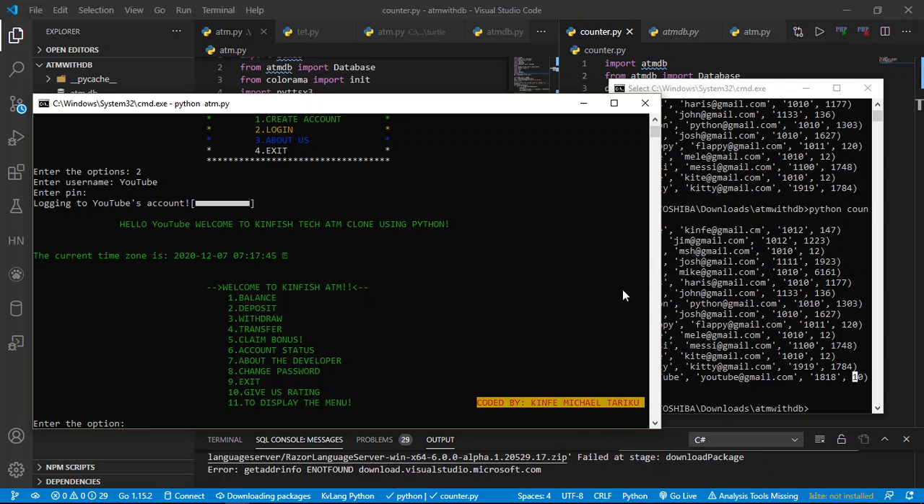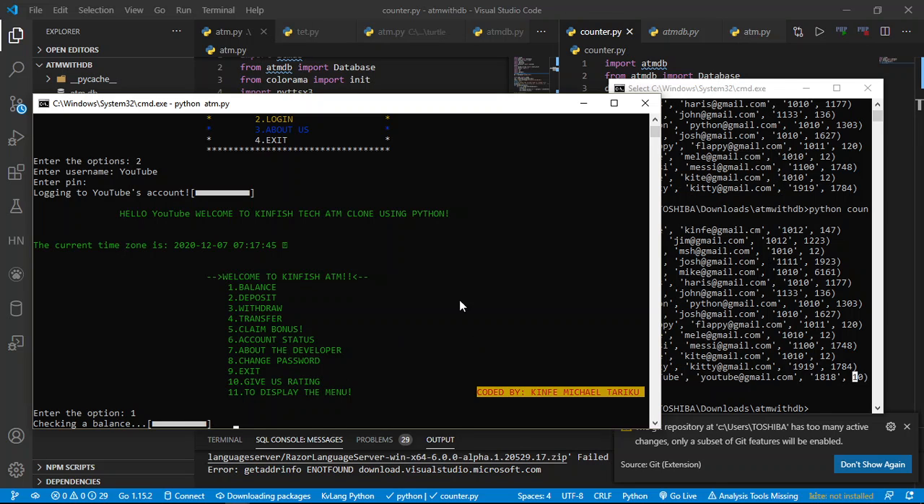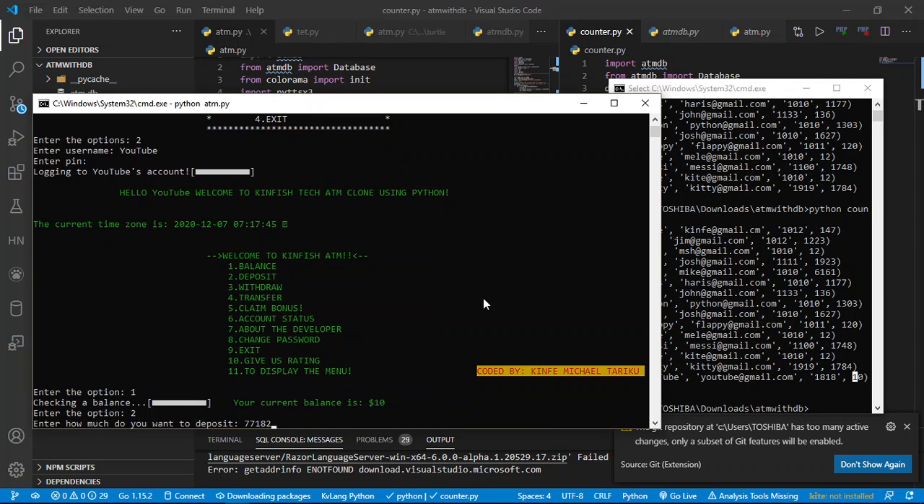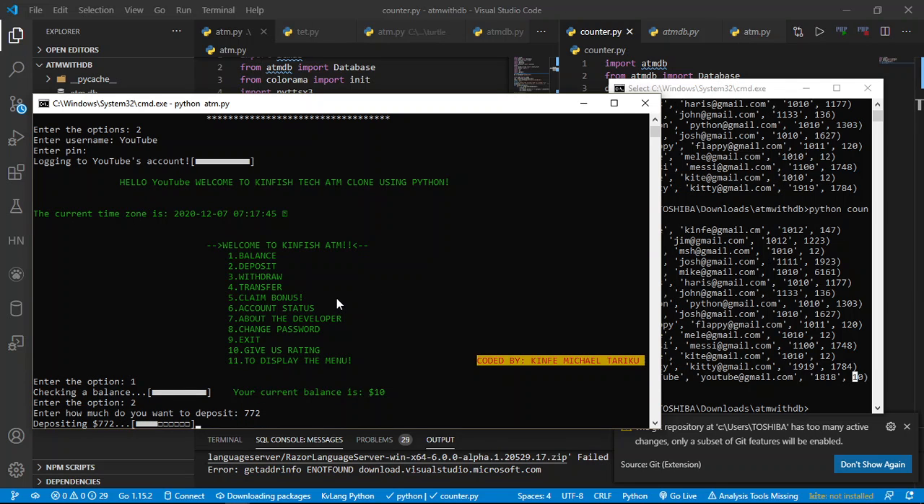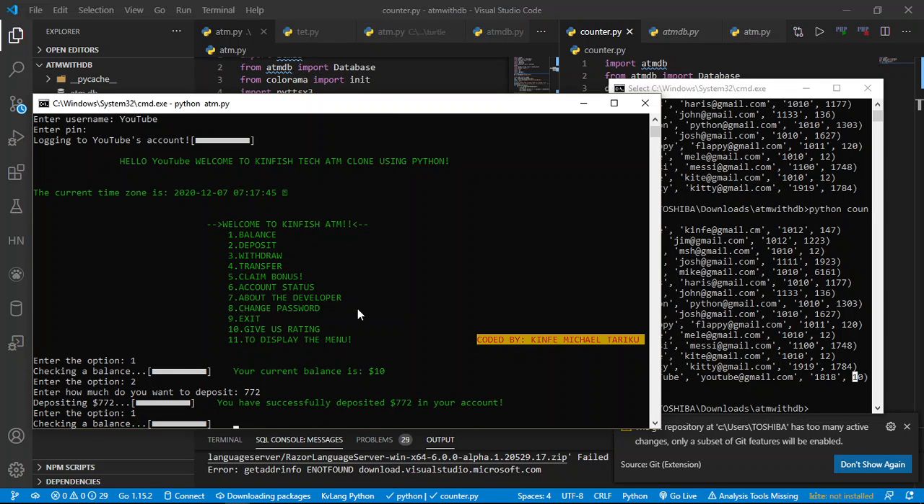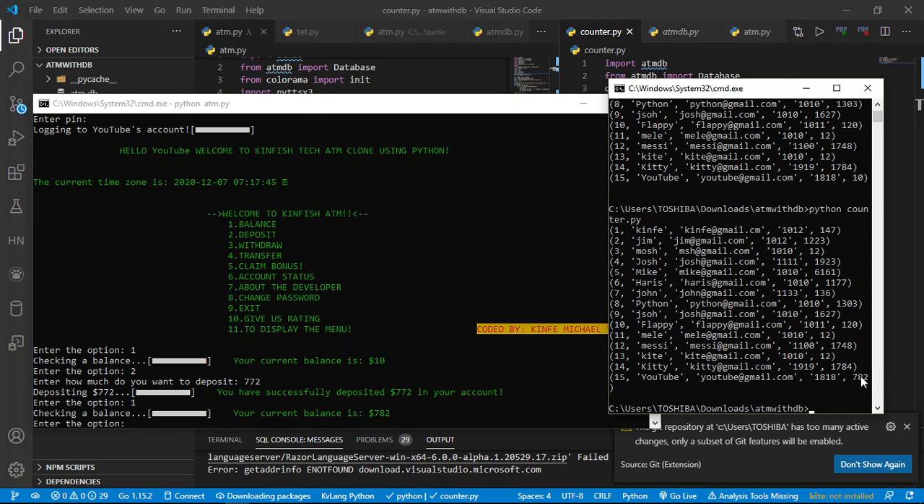So you can see the account status and the balance. If you just check out the balance by going over the option here, your current balance is $10, as you can see. If I just want to deposit, simple, 772 depositing. You have successfully deposited $772 in your account. Yep, as you can see, it is an updated value, so this is obvious. Your current balance is $782. So $782 we have. If I just go over here and run this, as you can see